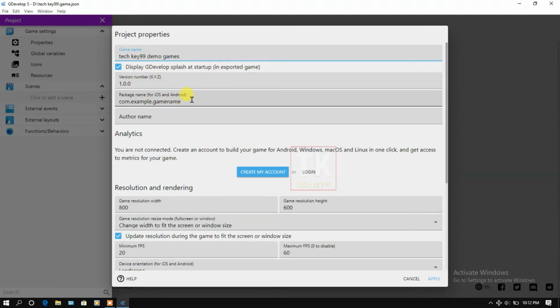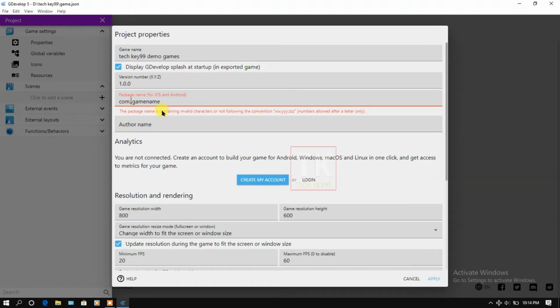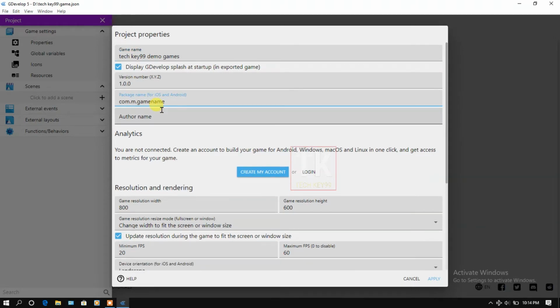And here, this is the game package name. This is more important for your game. If you upload your game on the Amazon Play Store or Google Play Store, then they will ask you for a package name. You have to change this package name. Here you can type your author name and game name. This is my game name.